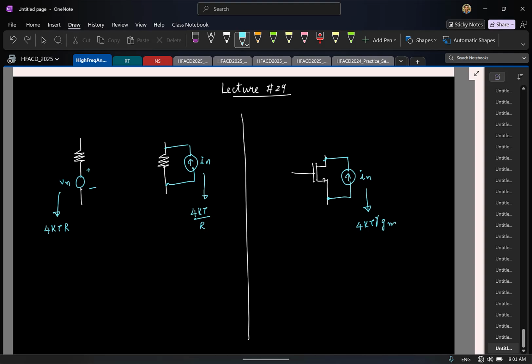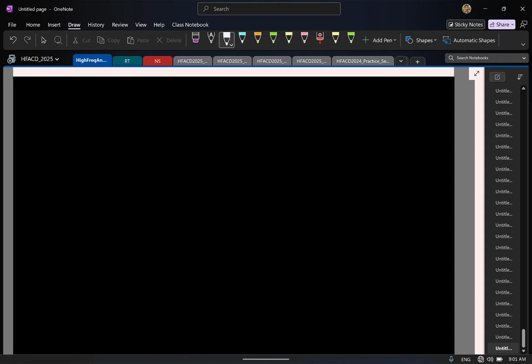Now we also saw, in addition to this thermal noise, in a MOSFET there is also what is called flicker noise, whose power spectral density varies inversely with frequency. But thermal noise is something fundamental that comes from thermodynamics. Flicker noise comes from imperfections in the manufacturing process, so this is not really fundamental. And then we saw, if we have any linear network that we make, or any network that we make using MOSFETs, resistors and so on,